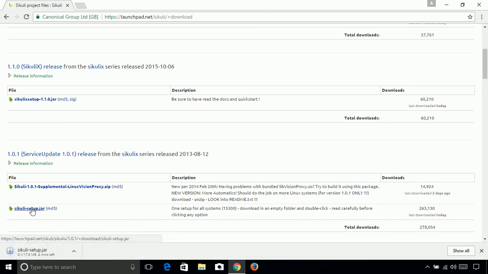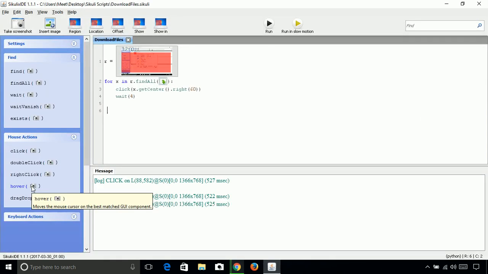It clicked on the first, waited for 4 seconds, then clicked on another and waited for 4 seconds, and then it clicked on the third one and waited for 4 seconds, and then it stopped our script execution. So this is how we can download multiple files at a time. We can run the script and it will download all the required files. So we don't need to go to each file and download it. So this is how the script is making our work easier. Now let's move to our next demo.